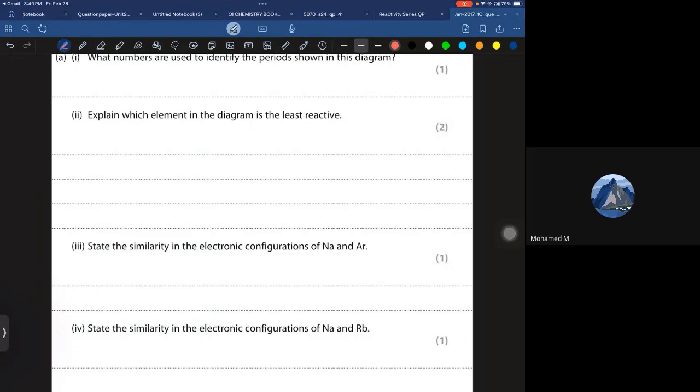So 2, comma 8, comma 1. In the first shell, we have 2. In the second shell, we have 8. In the third shell, I have 1. So when I'm going to draw the electronic configuration of